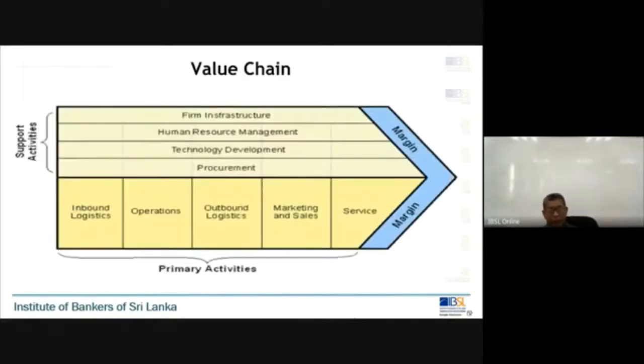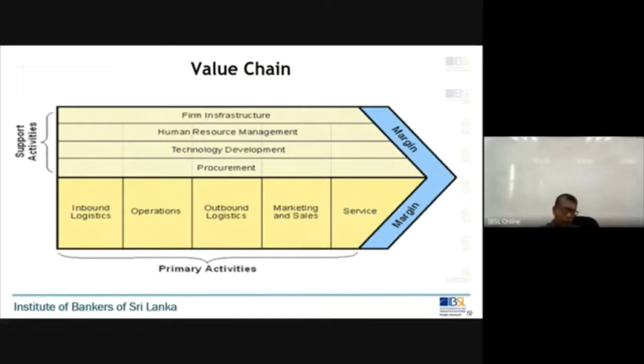When we look at another aspect, it is what you call the value chain. What is the value chain? Value chain means how your entire organization's process is taking place. Now, this was also developed by a famous guy, Porter, and he said,